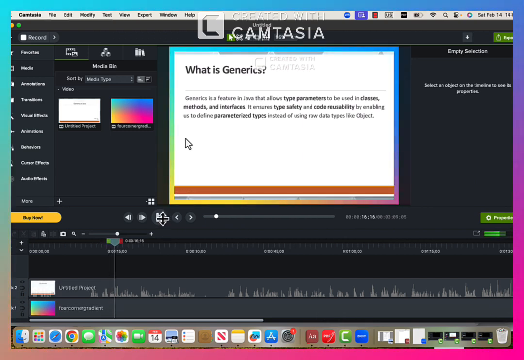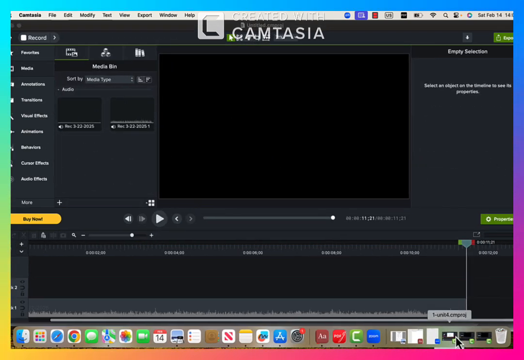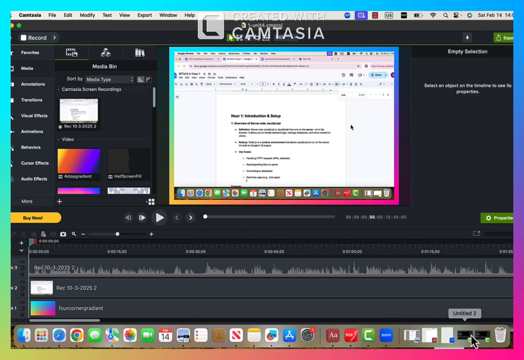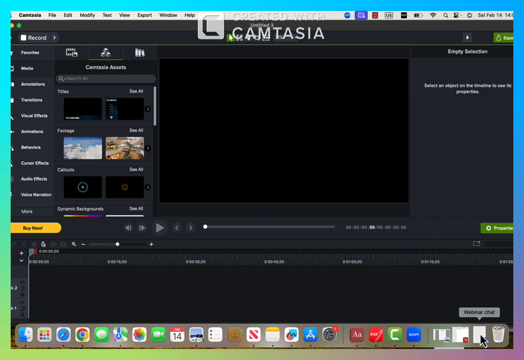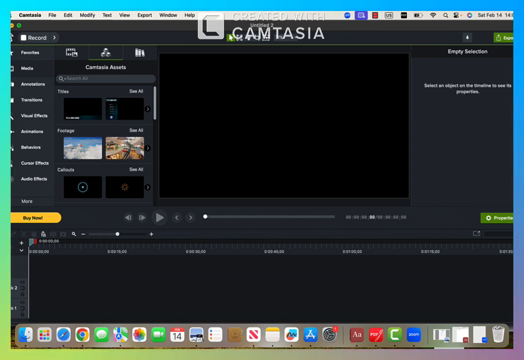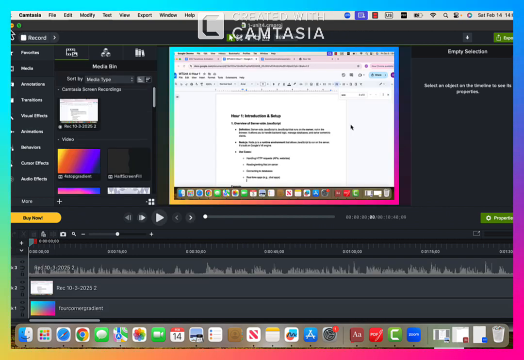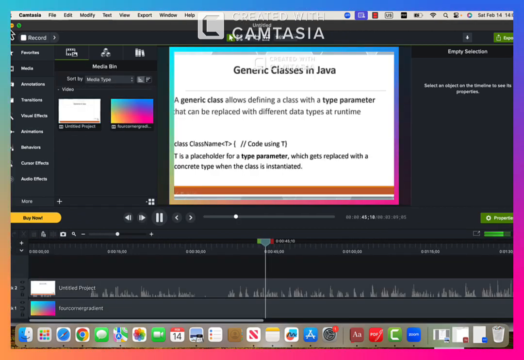That allows type parameters to be used in classes, methods, and interfaces. It ensures type safety and code reusability by enabling us to define parameterized types instead of using raw data types like Object. So it is nothing but, instead of creating a class or method or interface